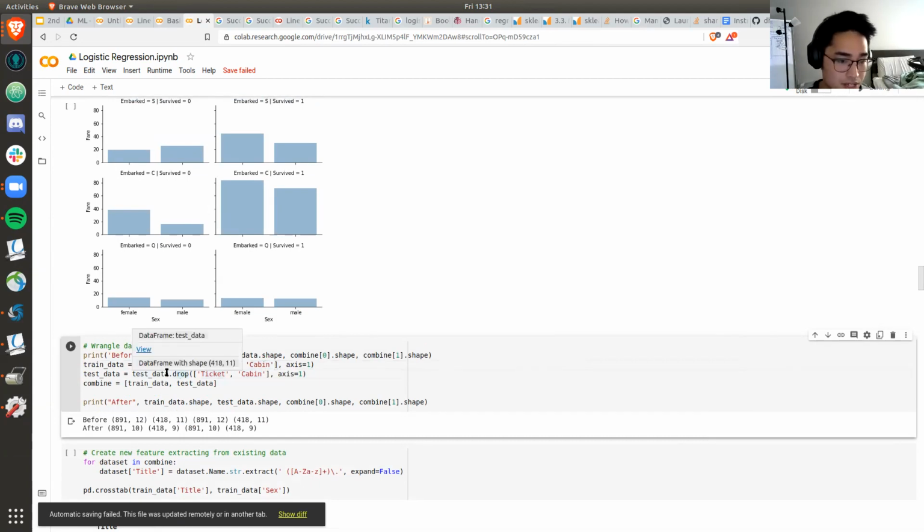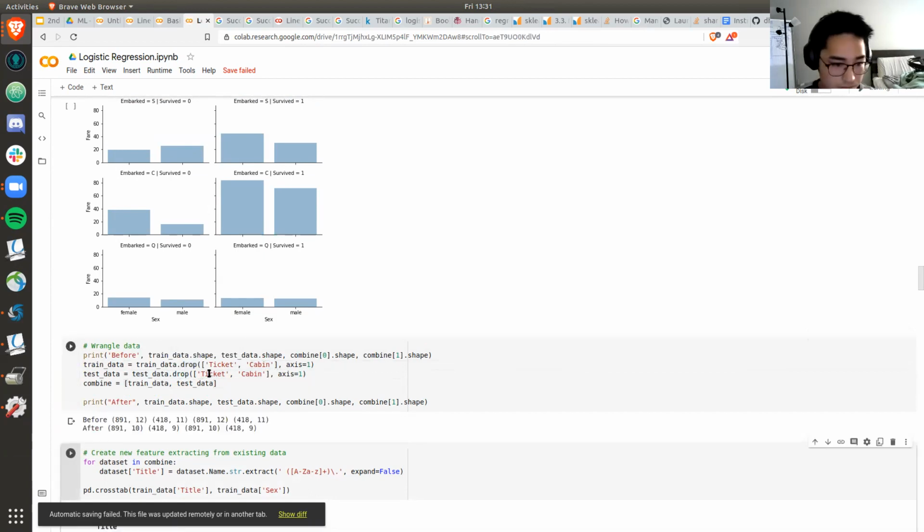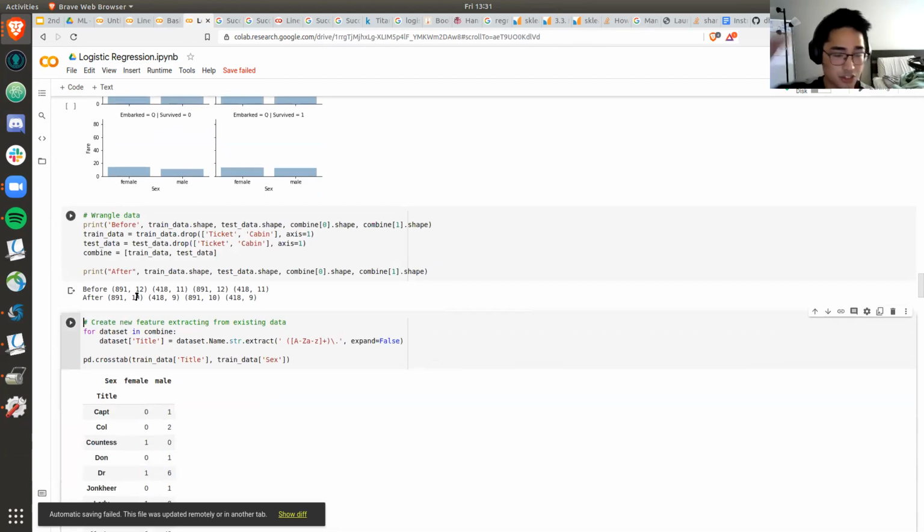And we can also do the same for our test data set. That's not really going to help us at all. So when we run this code, we can see that we had a matrix of 891 by 12. So we had 891 rows, meaning 891 passengers, and we had 12 different features. Since we took out 2 of those features, the column count is now the column size subtracted by 2. So I had 12 columns before, now I have 10 for the training data. And for the test data, I had 11 columns before, now I have 9 after taking out the ticket and the cabin.